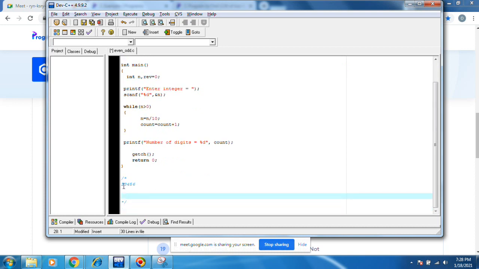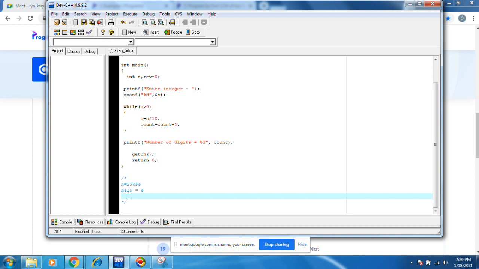This is n. Let's suppose n equals 2 3 4 5 6. Now n percent 10 means, what value will come? n percent 10 means 6. Output 6 will come.